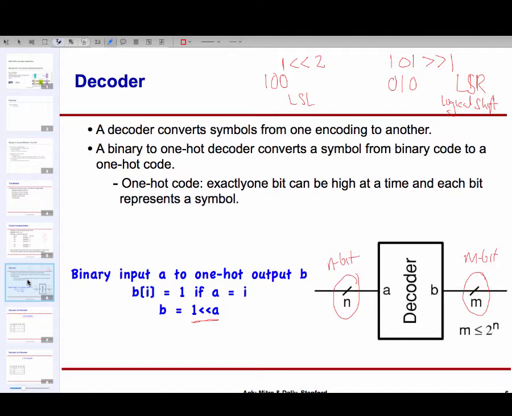Some of the output wires may be missing, so that's why we have m less than or equal to 2 to the power n, but more generally m would be equal to 2 to the power n. And just to make the point that this can be interpreted in a somewhat different way also: this operator, the less than sign, which is present in all programming languages, represents shift by a certain number of bits. So whenever we say x less than y, it says think of x as a binary number and then left shift that number by y bits.